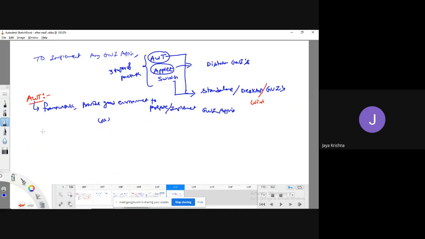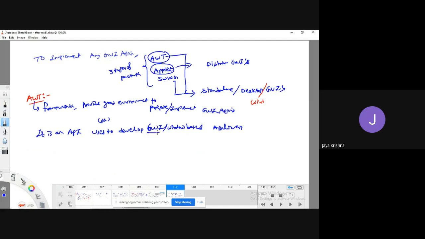Or simply you can call it an API used to develop GUI or window-based applications.